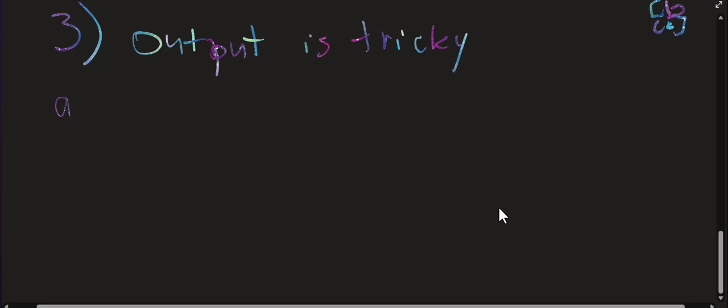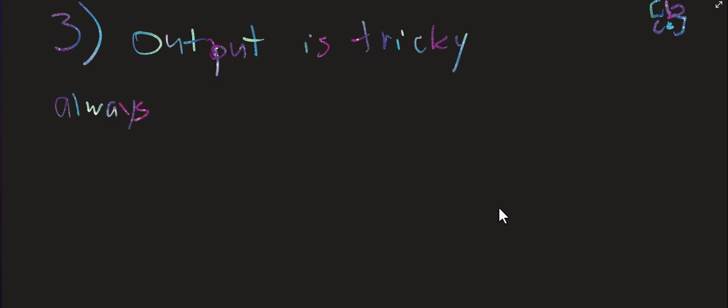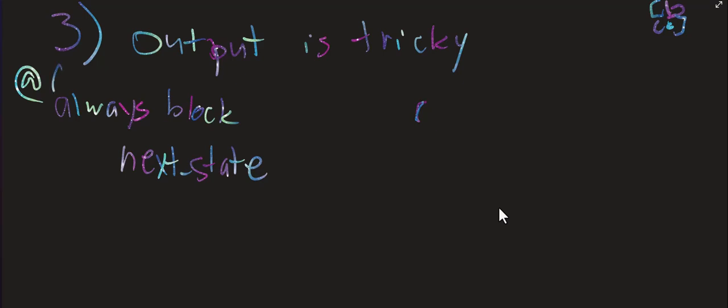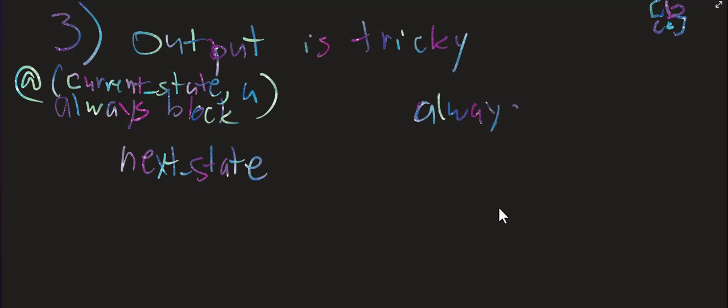I would have one always block for your next state, and this would be at current state, comma U, and then you would have another one that would be always at posedge clock,